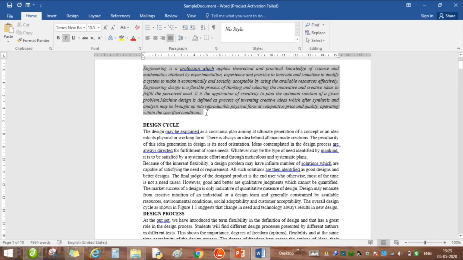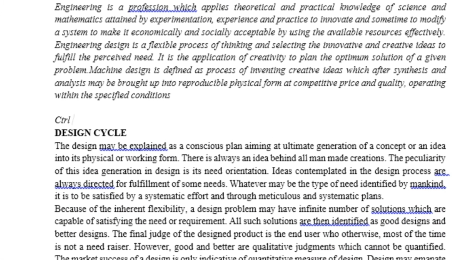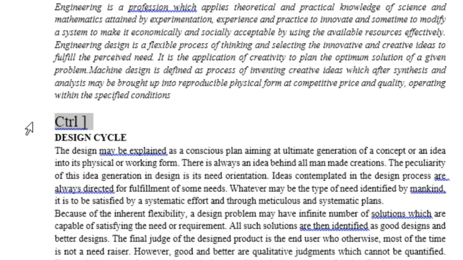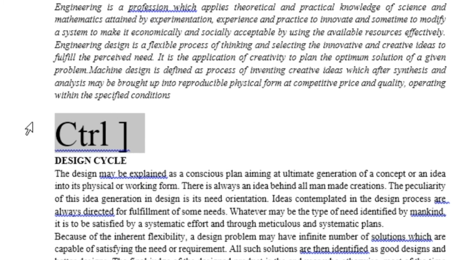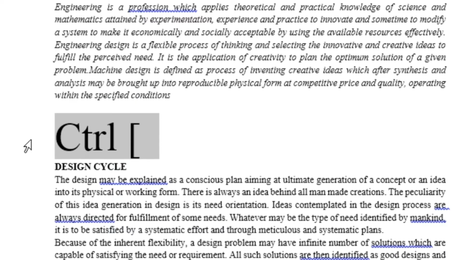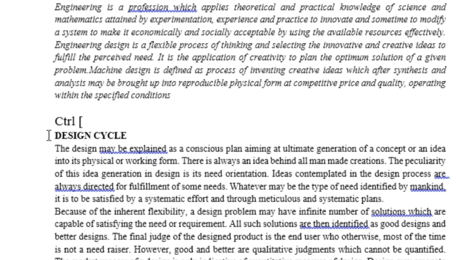The other important key that we use is Control and this bracket sign. Let me write it here. This is also very much used, that is Control and this bracket. Let me make it a normal font and bigger in size. I'm pressing Control and this bracket button, which is shown here, and making this a larger font, increasing the size of the font. And if I use the other bracket, I will be pressing it again and again to reduce the size of this word. So this is how we can increase or decrease size.